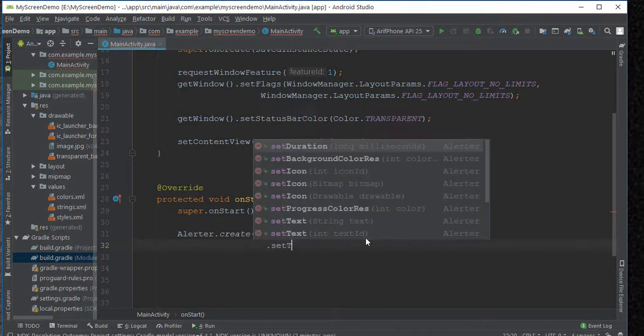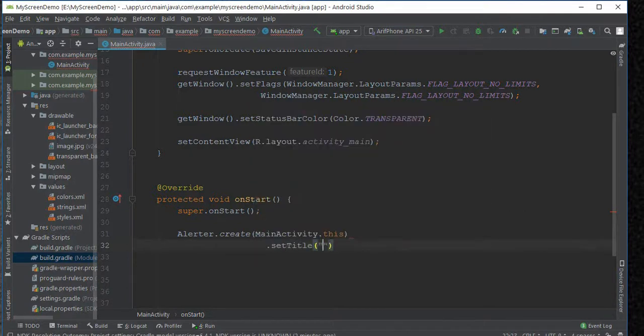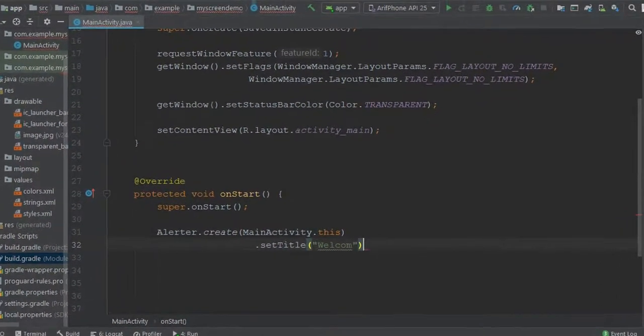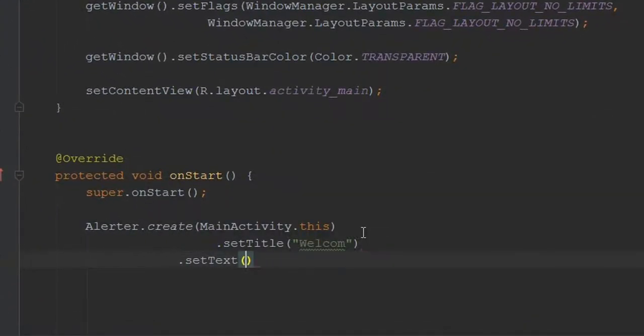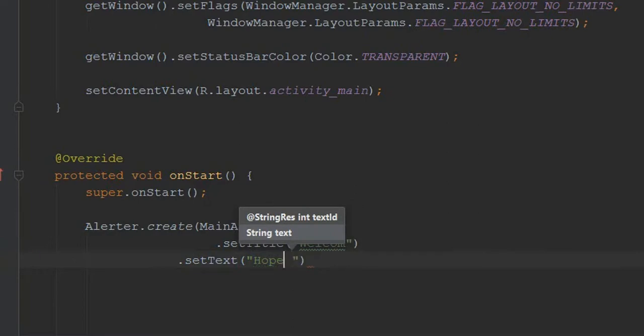I need to set title, Welcome. Now dot setText, we hope